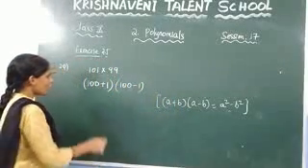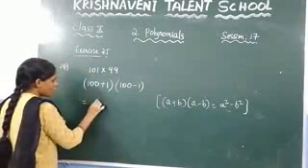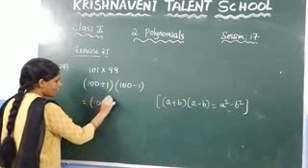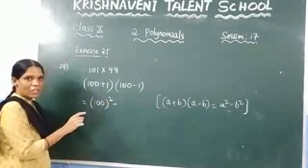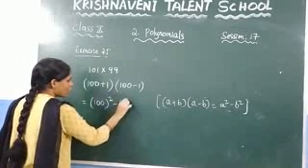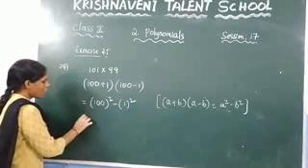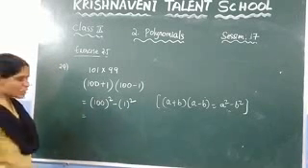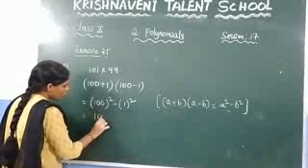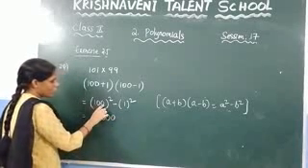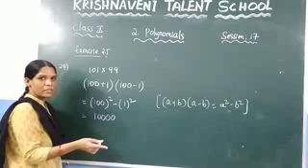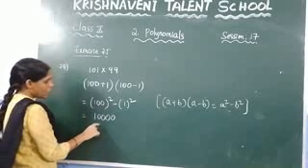And you know that this is nothing but a square minus b square. So what is the value of a in this case? It is 100. So you can write this as 100 square minus, and what is the value of b in this case? It is 1. So you can write this as 1 square. You need to multiply 100 two times. 100 into 100 gives you 1, 2, 3, 4, 4 zeros. Here 2 zeros are there, and one more 100 is there. So how many zeros will be there? You will get here